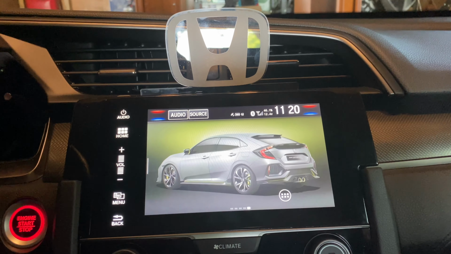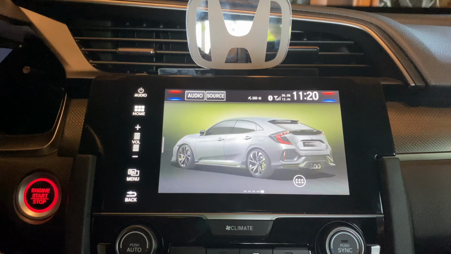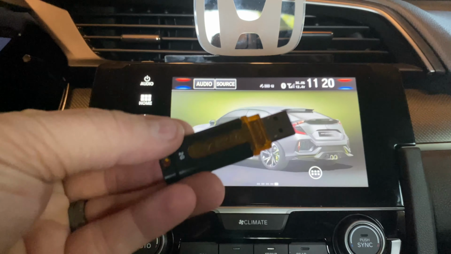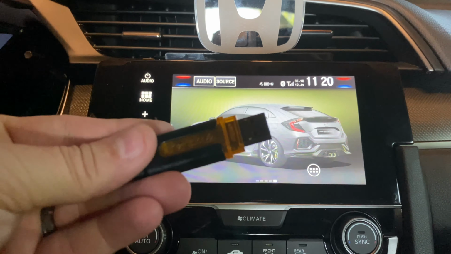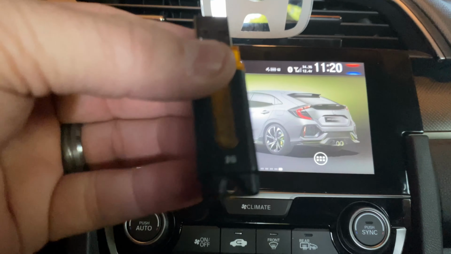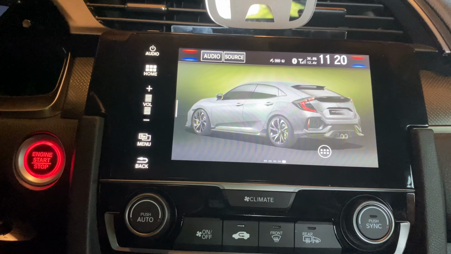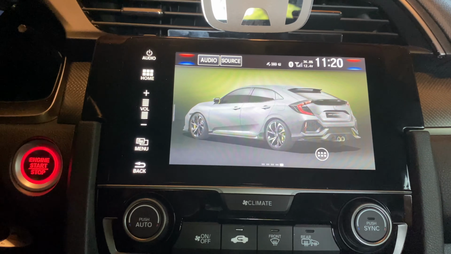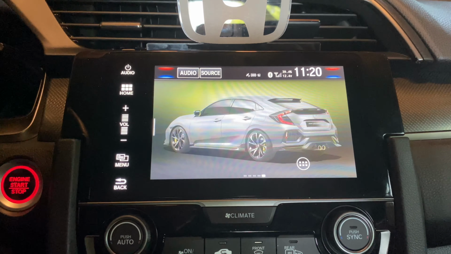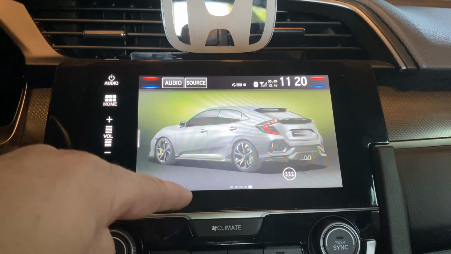Okay, so I'm inside my car now and I'm going to show you what needs to be done to get this working with just a regular USB. This one's a 2 gig, and I have it formatted to FAT32, and I'll show you how to do that just so that we can cover that base too. It's real simple. But anyhow, when you get in here, you can change different skins, mine's different,